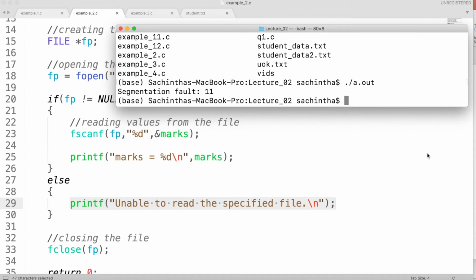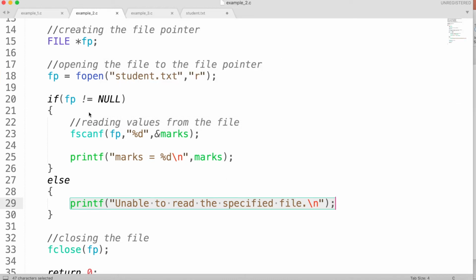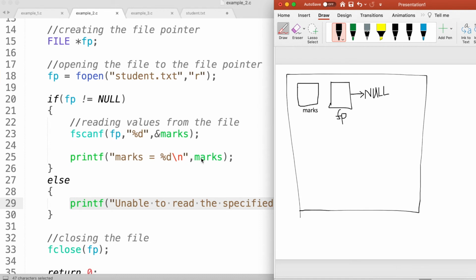But if you can manually handle this kind of error, then we know, okay, that means it's unable to read the file. That means there's something missing with either the file or our relative path, right? So that is the advantage of handling this kind of file error message within our program. What's going to happen in this case, right?